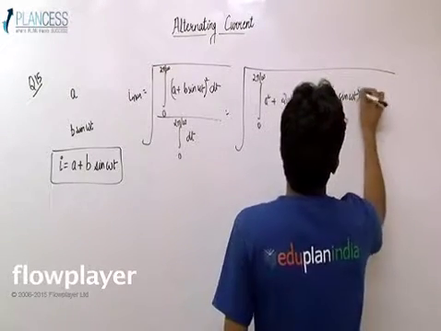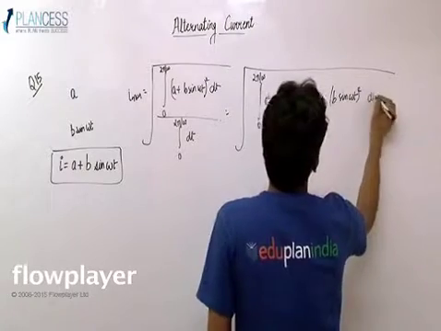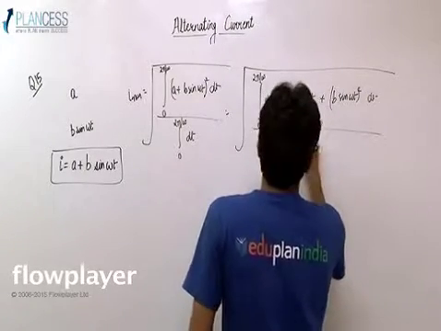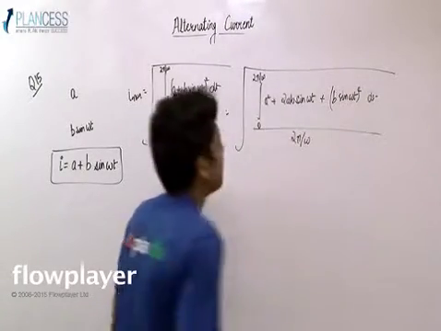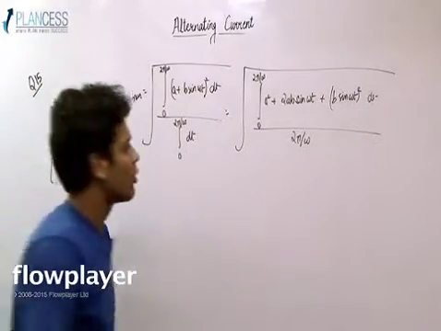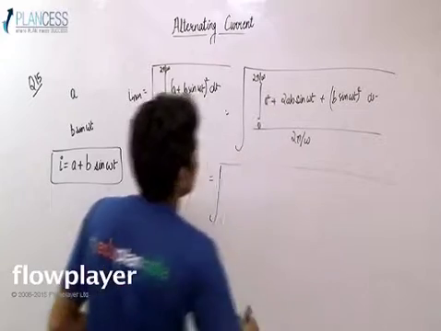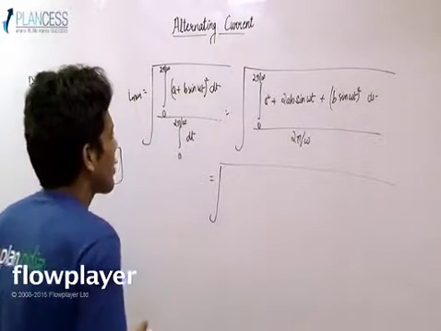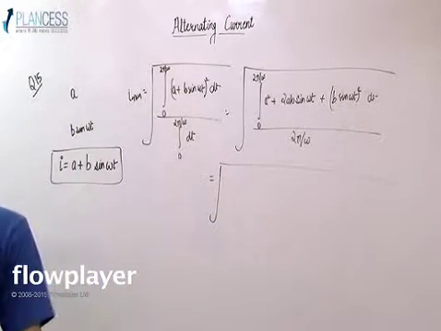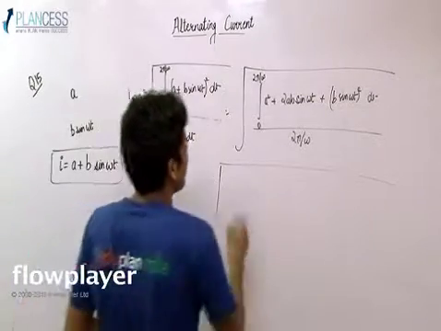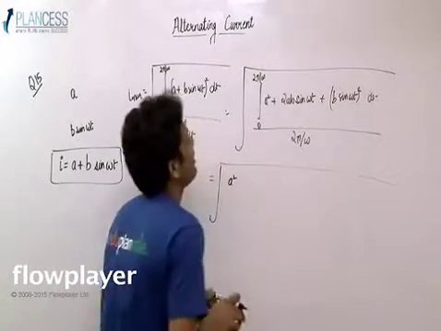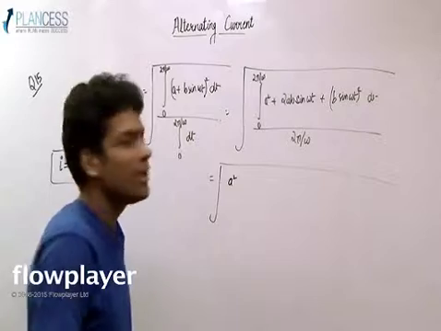Sine omega t square. So I can write this down as 2 pi by omega. So in this way, I can write this down like this. Root over A square can be taken out because it is constant. So I can write this down as A square and integral 0 to 2 pi by omega dt, and that